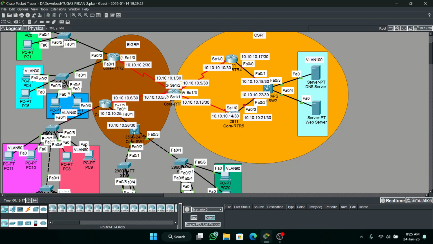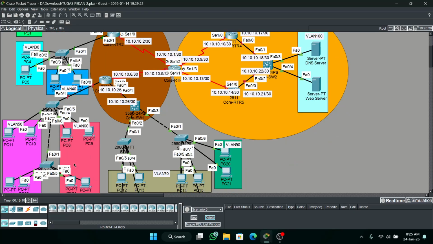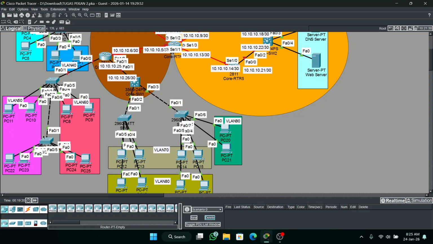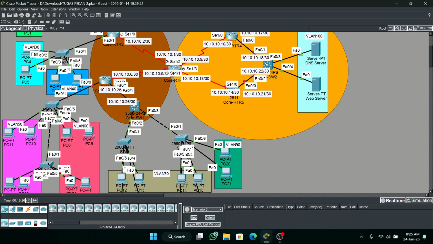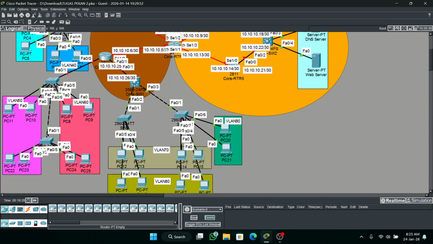Next we go down here, and we will configure VLAN 50 and 60. This is using router on a stick 2. So I will configure switch 3.